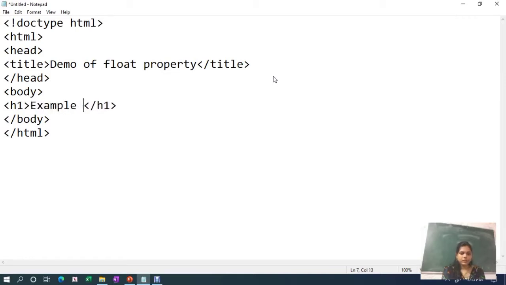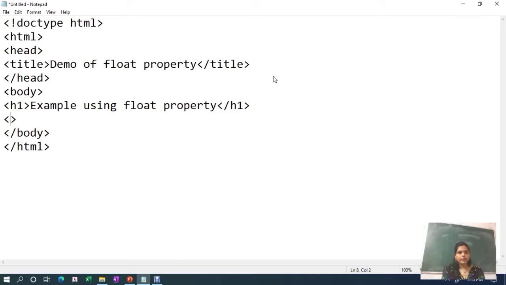Example, using float property. Now add some other tags. Suppose we want some image at the left side of your screen, then you can use the img tag.